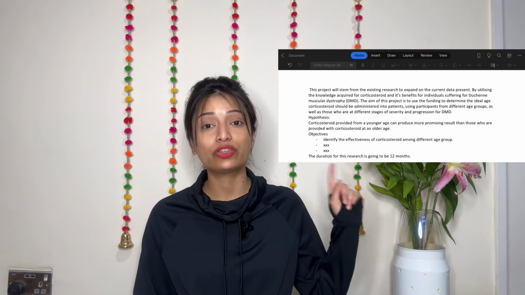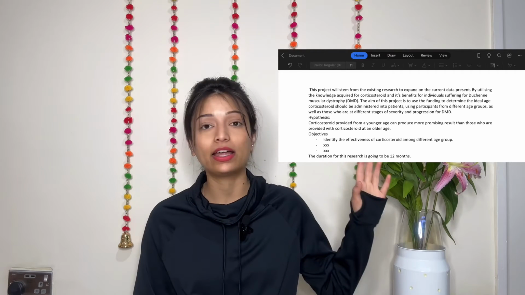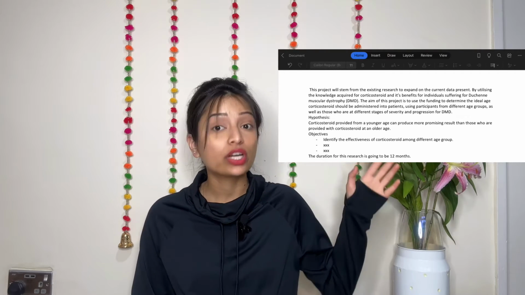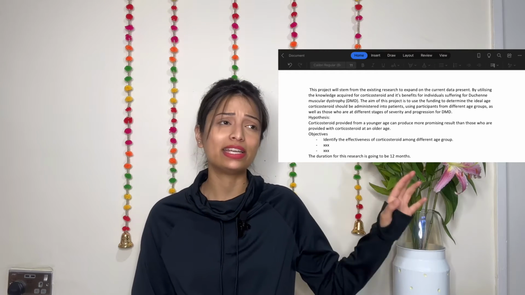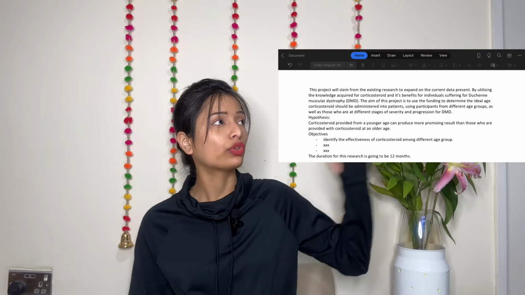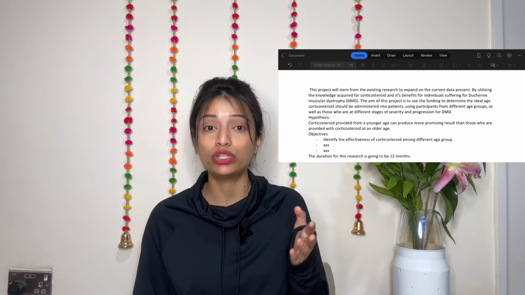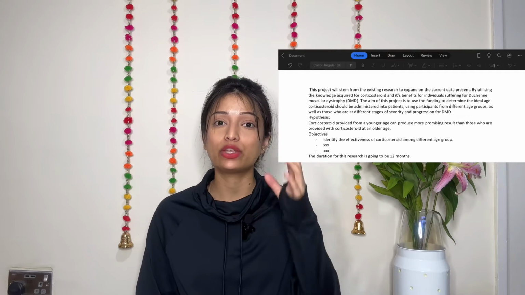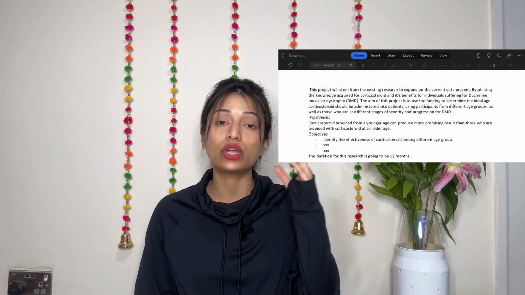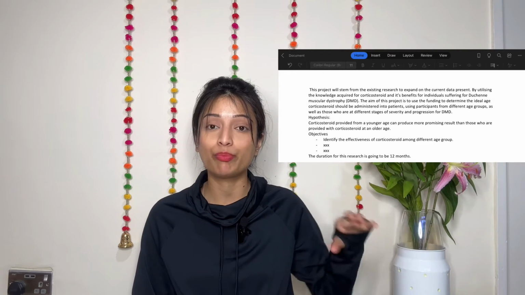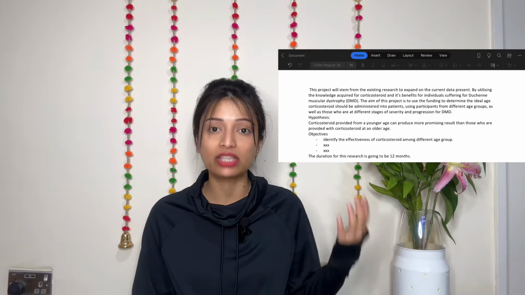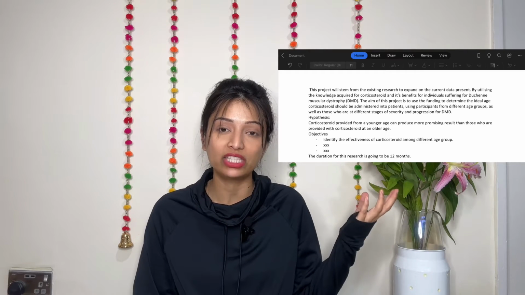Now, as an example, as you can see on the left-hand side, I've provided an exemplary introductory paragraph that I would use for my grant proposal. Of course, it's not as detailed, nor does it have all the background information as yours would, and I would highly insist that you spend as much time as you can and invest a lot of time in thoroughly reading through and gaining a better understanding of that subject matter or that area that you're interested in investigating,